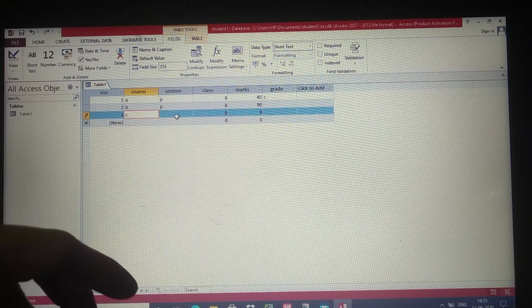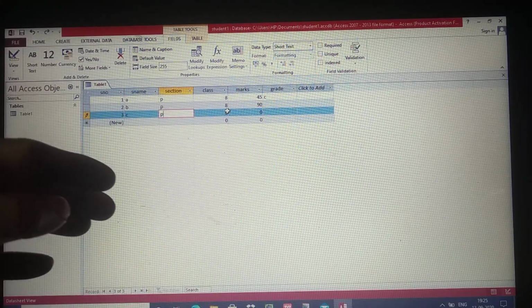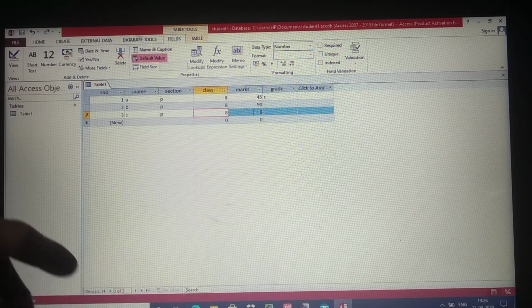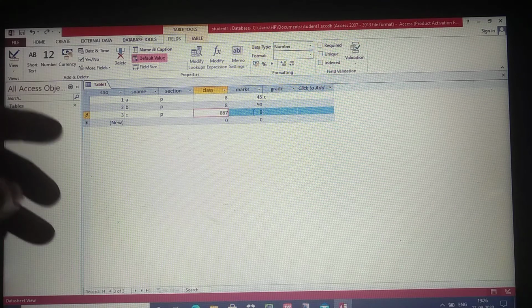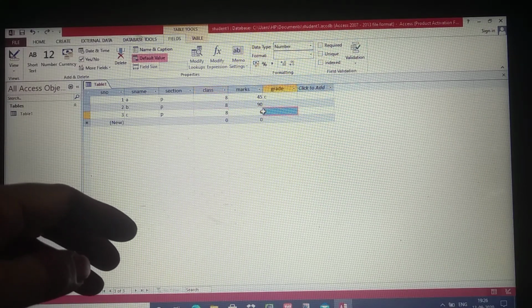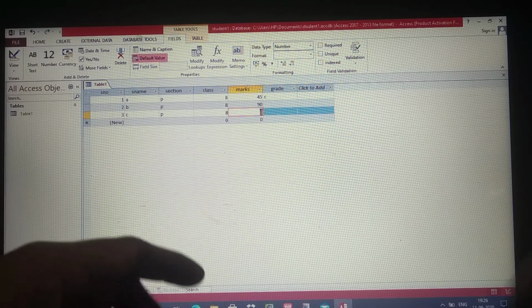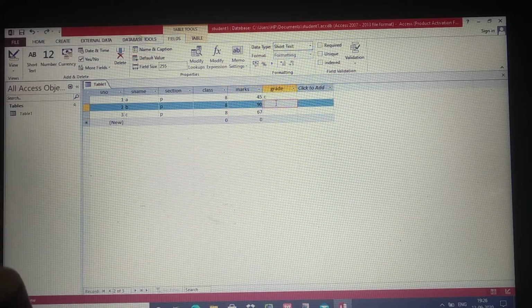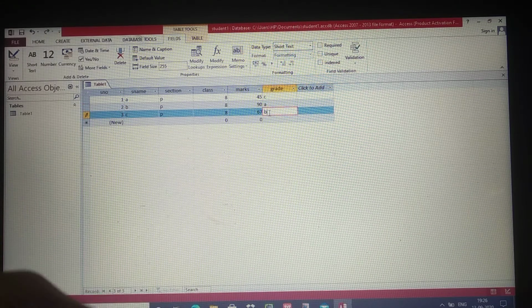Next one, again section, class 8, marks some 67 marks will give. Here A grade will give, and here B grade. B grade, A grade, C grade. Okay, one more.